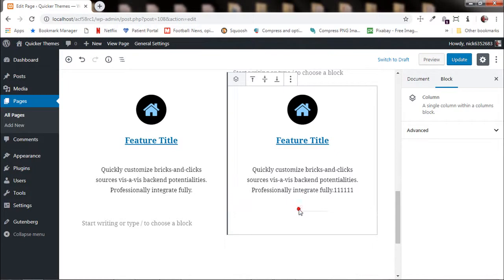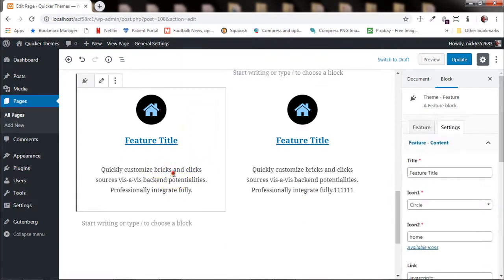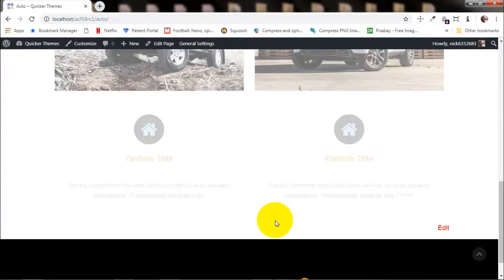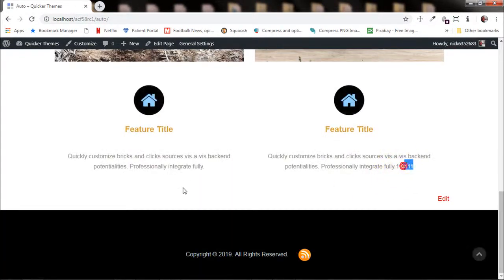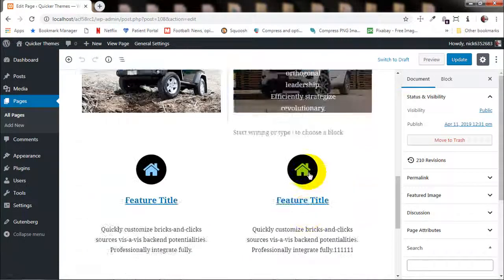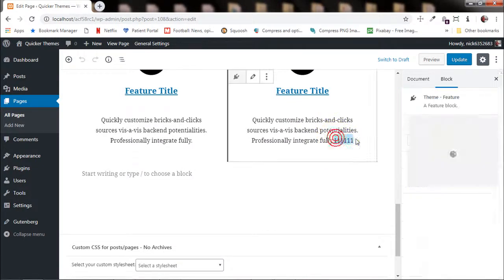Alright, so I created two blocks outside the columns. I made a copy of the first block, made changes to the second one, then put them inside the columns. I'm going to save it. Now on the front end, it should work. I should get the ones, there's a 1 1 1, and now everything is working. And if I make changes to the duplicated block,